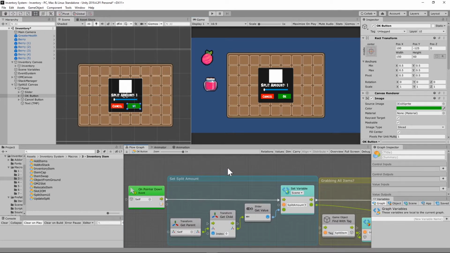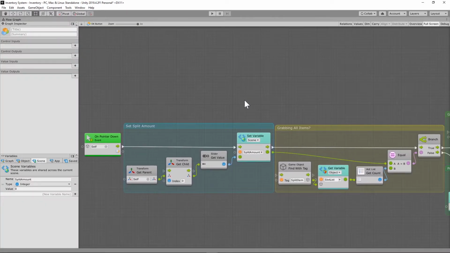So what we're doing there to compensate for that is, instead of using an on button event or an on button down, we're using an on pointer down, so that as soon as this object is clicked on, it will trigger this event. And so what we want to do is set the split amount scene variable that we set up as an integer to whatever the slider value of the child